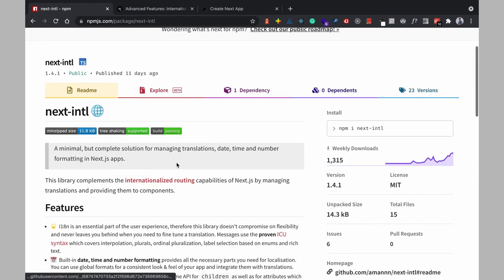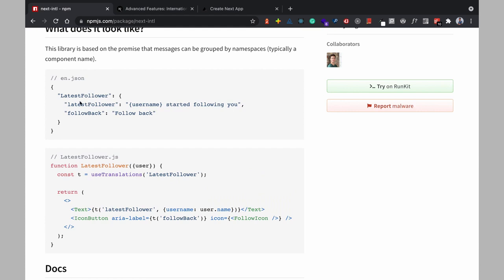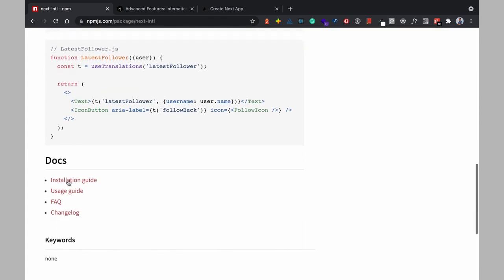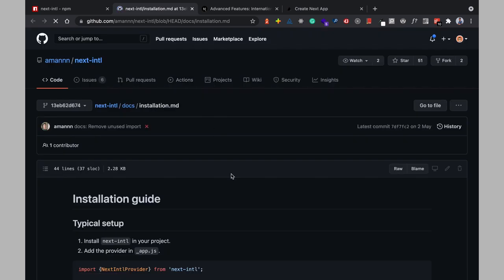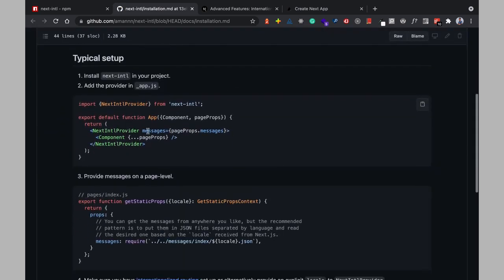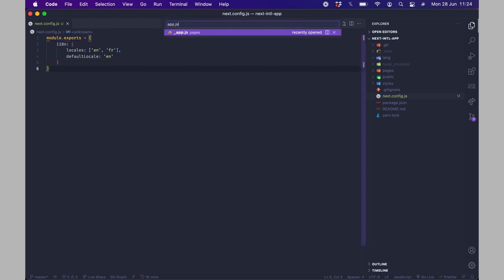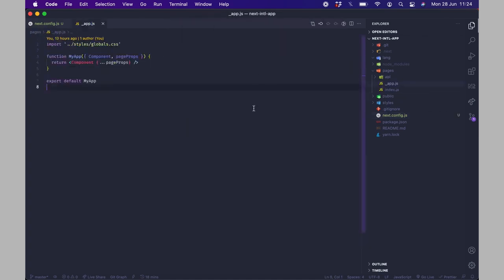Back here, we can see how the library works and how to use it, but let's first start with the installation. After installing it, we'll have to add a provider for our Next application. So in app.js, which is the first component that every Next.js page uses,